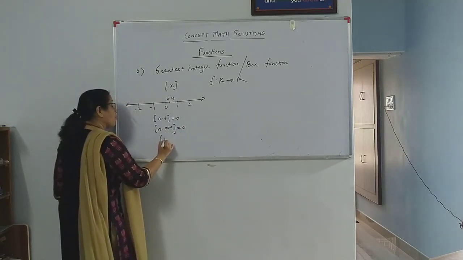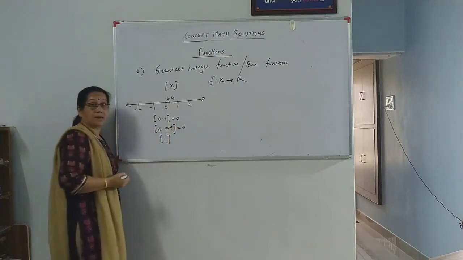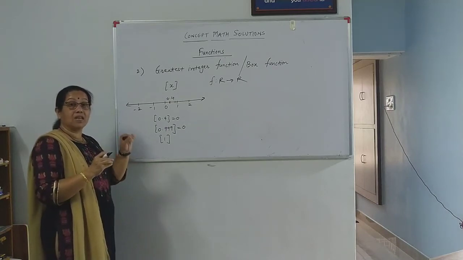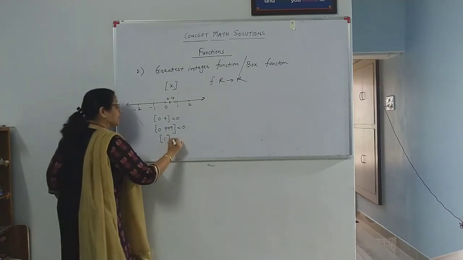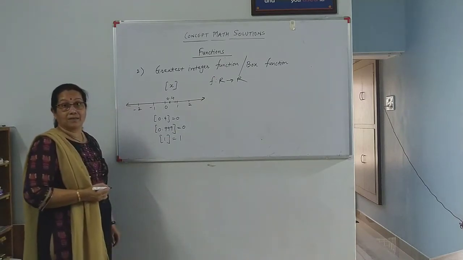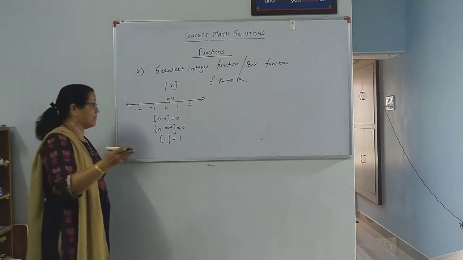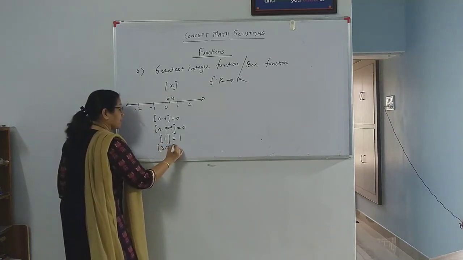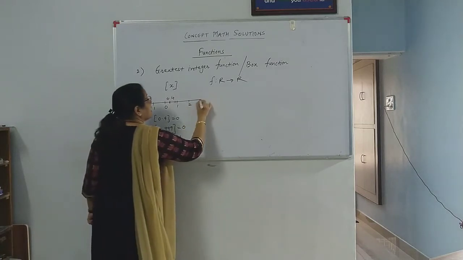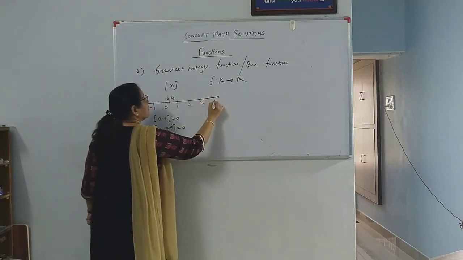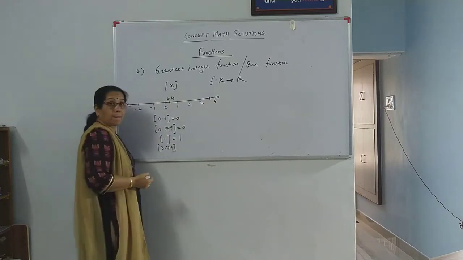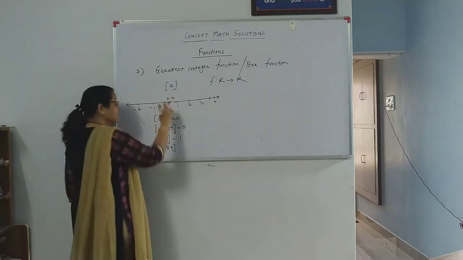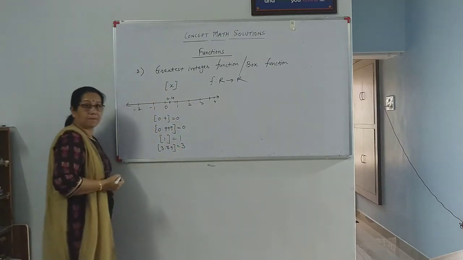If I have 1, this is 1. Greatest integer less than or equal to. Now 1 is equal to 1, so it's 1. Integer's image is the integer. Now if I have 3.79, this 3.79 will fall somewhere here. There are infinite integers less than that, greatest amongst that, so 3.